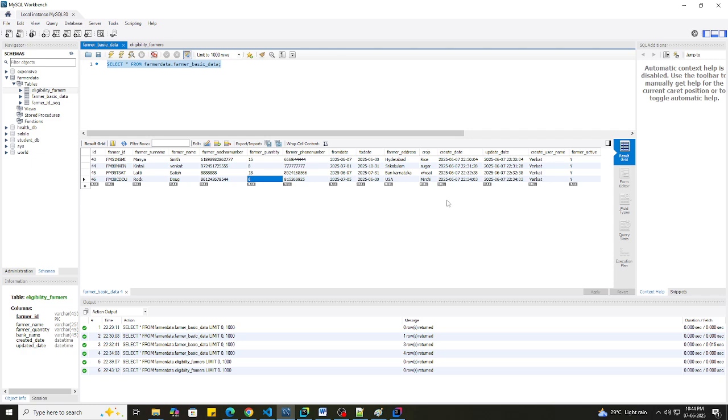The farmers who have less than 10 packs, more than 10 packs is nothing but his farming is good. No, he is not eligible for any loan or any government subsidy. For example, who is eligible for loans? Those with less than 10 packs. That is our business requirement, right? Then